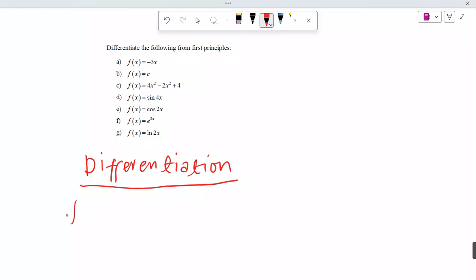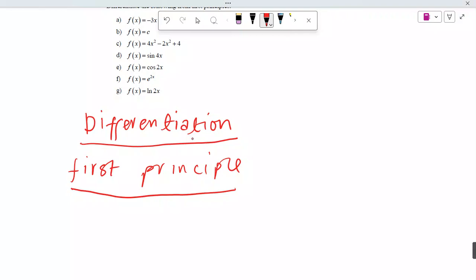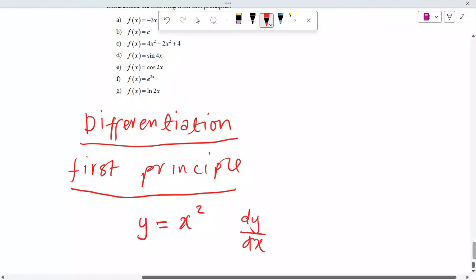differentiation by first principle. I consider first principle to be one of the tedious things. It's very tedious. Let's just look at some nomenclature. Let's say you have y equal to x squared, then you want to differentiate this. So we are differentiating y with respect to x. So it will be dy over dx. So the nomenclature here is dy dx. In other books, this will just be written as y prime. So y prime means dy dx,